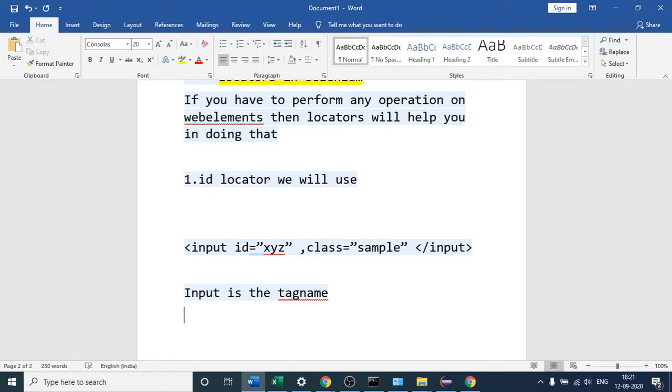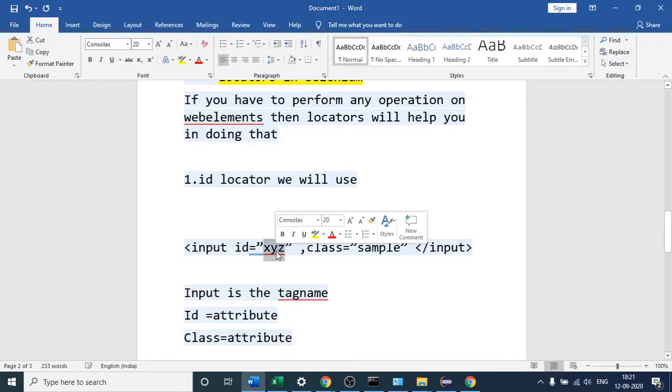So ID is an attribute, and class is one of the attributes. And what are the things on the right-hand side? These are the values of the ID attribute. Sample is the value of the class attribute. Is it clear to you? These attributes will help us perform operations on the element.